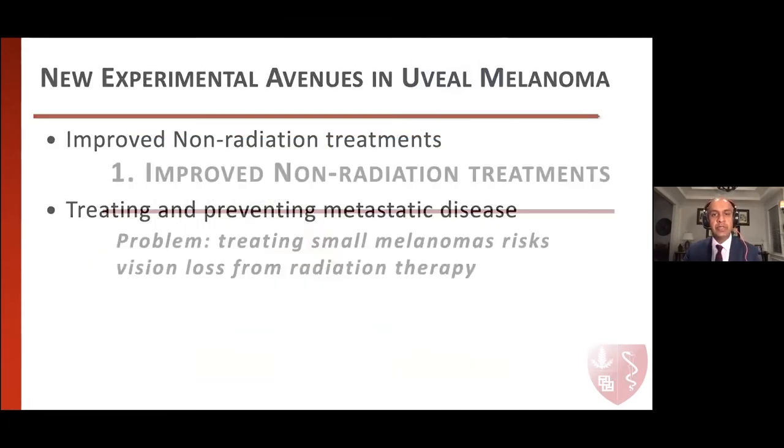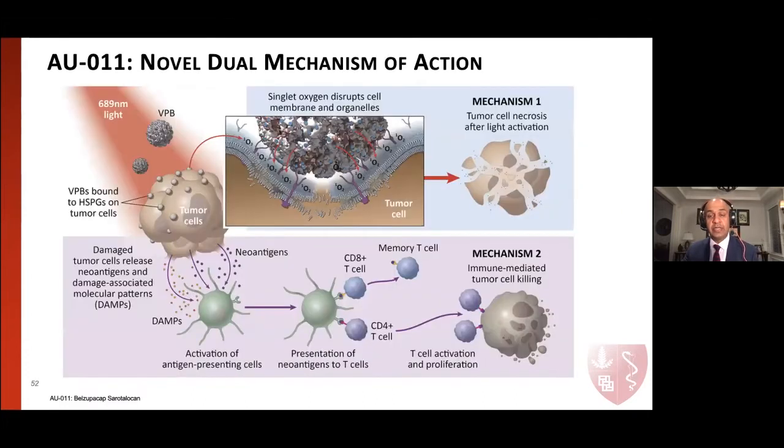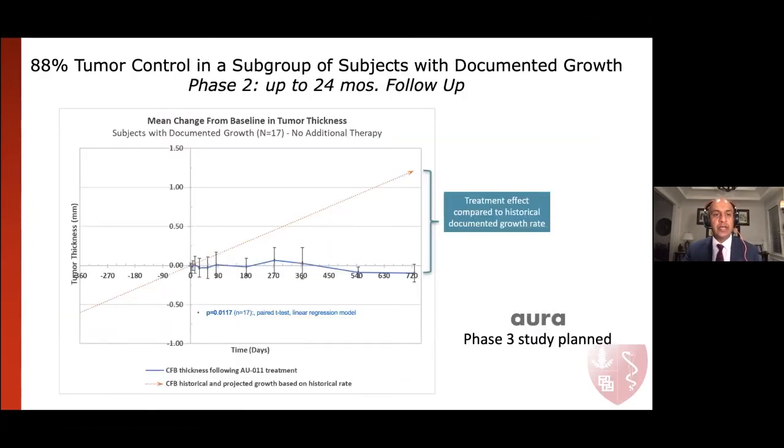Looking at some new experimental treatments, we are looking at new ways to improve non-radiation treatments for uveal melanoma. Because the problem is when you have a very small melanoma in the macula, when you treat them with radiation, it's a high risk for radiation retinopathy and vision loss. So the AU11 is a therapeutic that uses a molecule that's directed into the vitreous. This attacks and attaches itself to the choroidal tumor itself. And using a photodynamic therapy type light, it is placed onto the surface of the tumor